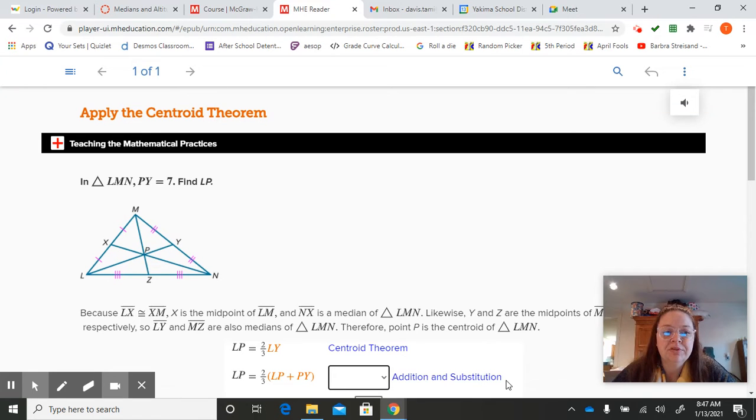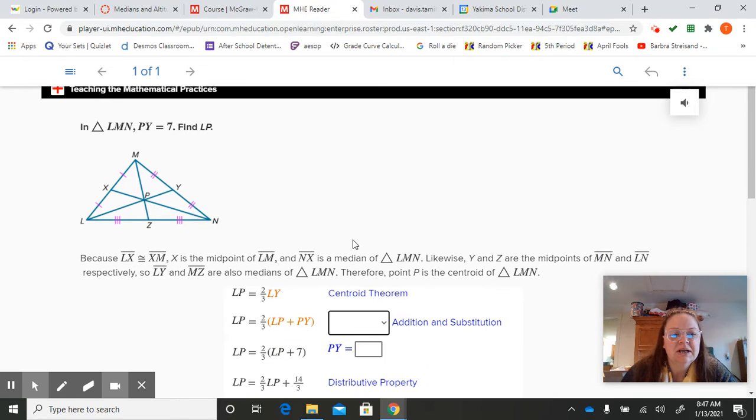Here's another example that applies the centroid theorem, that same theorem that the segment's getting divided into 2/3 and 1/3. In triangle LMN, PY is 7. PY, that's this one right here. Find LP. Because LX is congruent to XM, and X is the midpoint of side LM, and NX, right here,